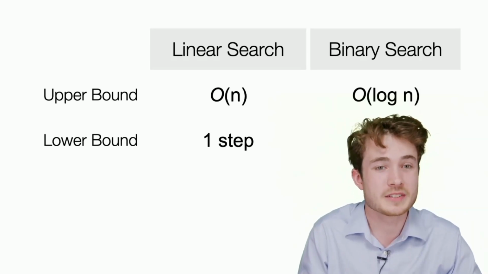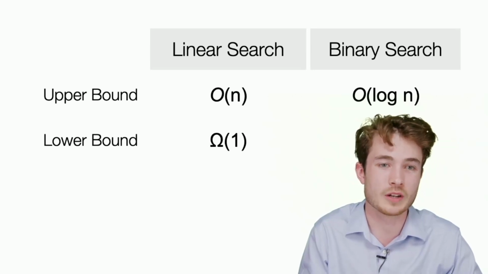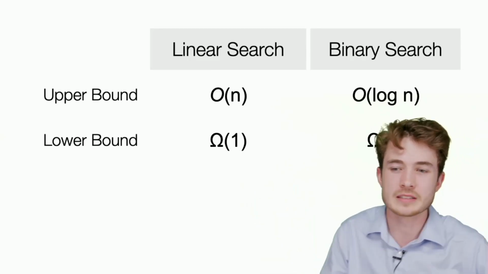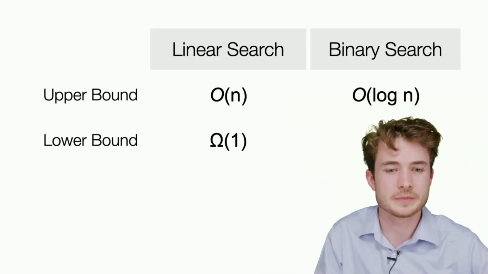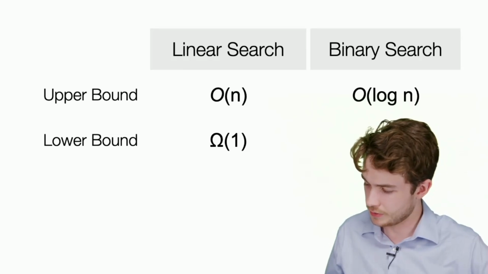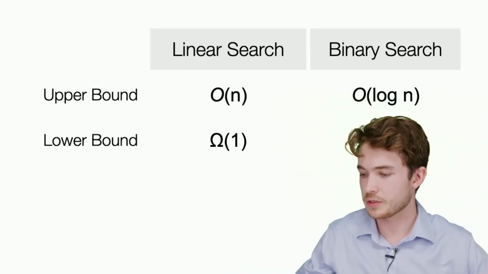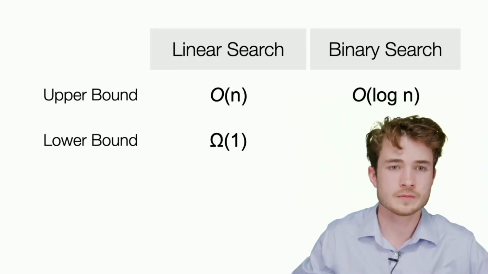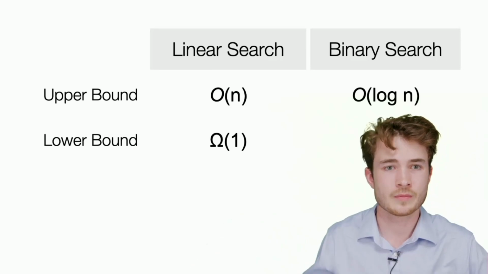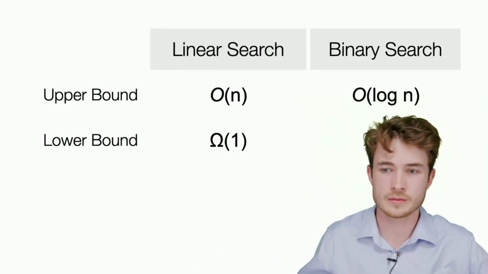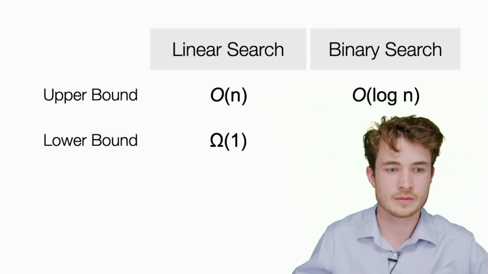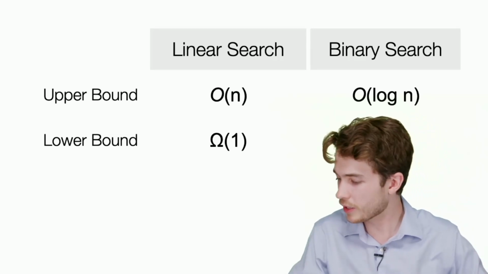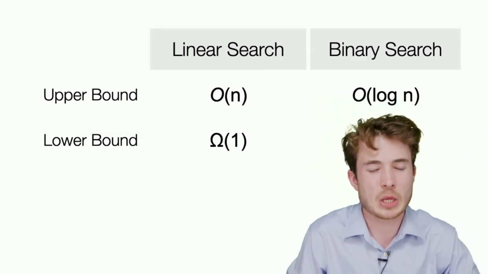And so what we often use for this notation is this omega of 1. So we're saying this is on the order of about 1 step or a finite number of steps for linear search and binary search here. All right. So what questions do you all have on this omega notation? All right. So seeing no questions here, let's keep going and let's try to analyze the runtime of a new algorithm